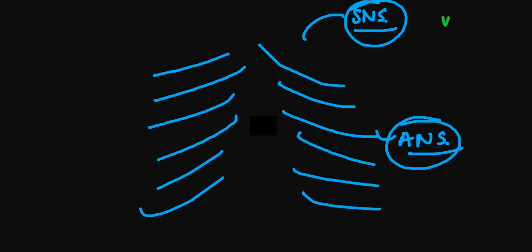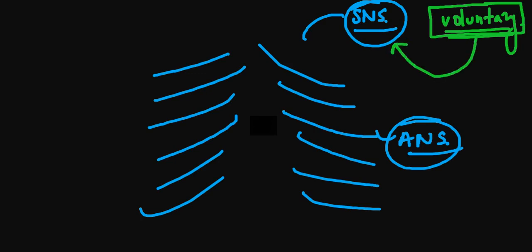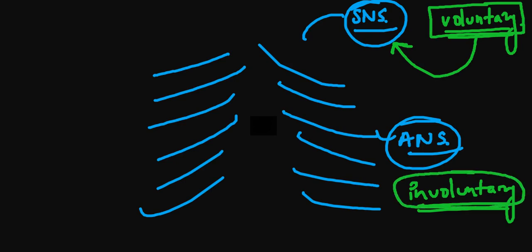Whatever voluntary movement, I will tell you to raise your hand, to move your head, to walk, whatever voluntary movement you are doing is done by the somatic nervous system. Okay, and whatever involuntary, no, this will get confusing. Wait on. Now whatever involuntary movements are happening in your body, your breathing, your digestion, hormones and all those things, whatever internal organs you have, and these movements are involuntary,